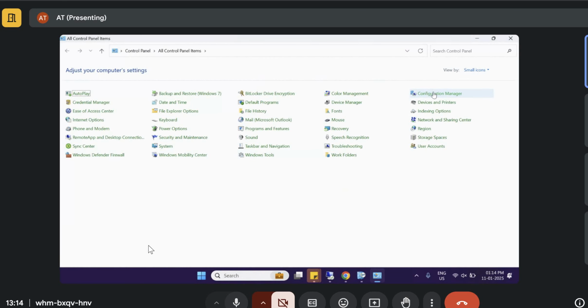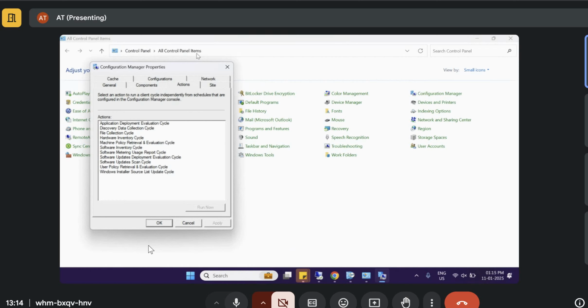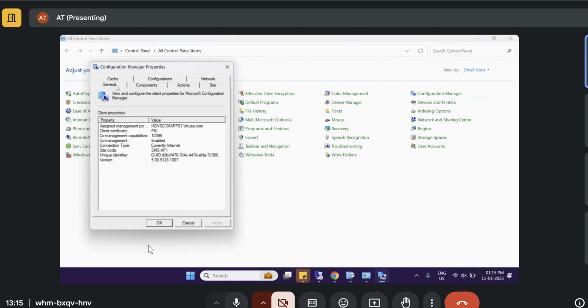The configuration actions will run, right? This one you are aware, right? How to open? Yes, sir. I opened Control Panel, clicked on Configuration Manager, and it got opened. And here in the General tab,